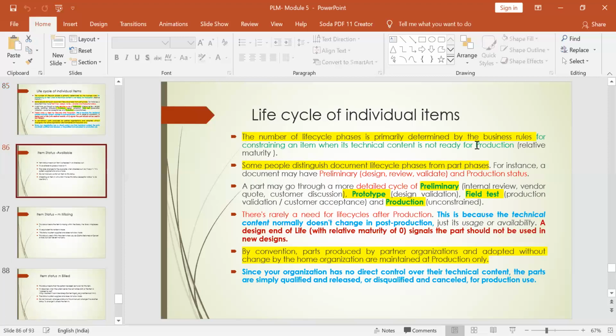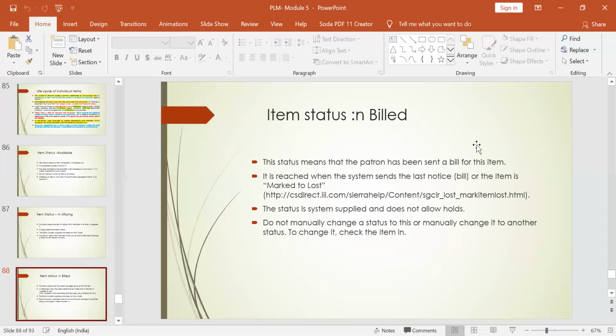Once it is checked out, it will be received by another department or another team or another company if required. Then that patron will be sent a bill for the material which has been checked out. So it shows that particular item is now billed. That is the status which is called item status N, build.